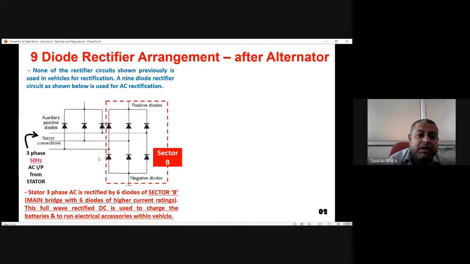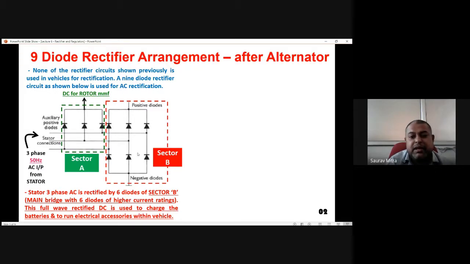Okay, but here you can see another 3 auxiliary diodes, and these 3 are also using the same supply from the stator connection. The same supply which is coming for rectification and the output is going to the battery. The same supply is used for rectification, but by positive auxiliary diodes, or field diodes as they are called. But this DC supply is a little less, because this is a half wave rectifier, and this rectified output is going towards the DC rotor MMF. So this is another big thing you should know. So this is for sector A.